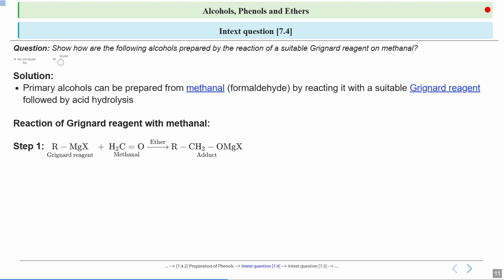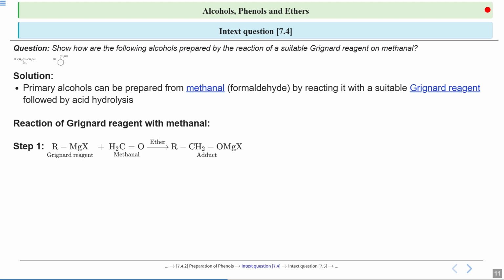which is HCHO, or you can write it as H2C double bond O. In the presence of ether, this reaction happens and you will get an adduct, RCH2OMgX. This is an adduct. We have also understood that the C double bond O has this electronegativity difference. Oxygen is more electronegative, so the double bond electrons will shift towards the oxygen,